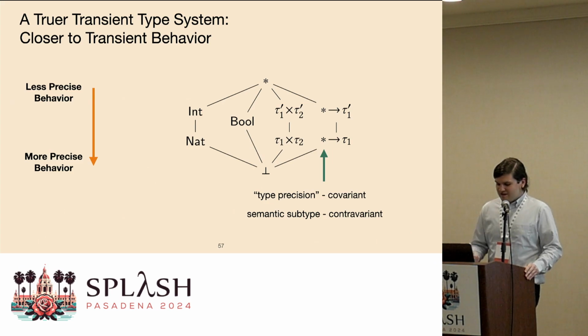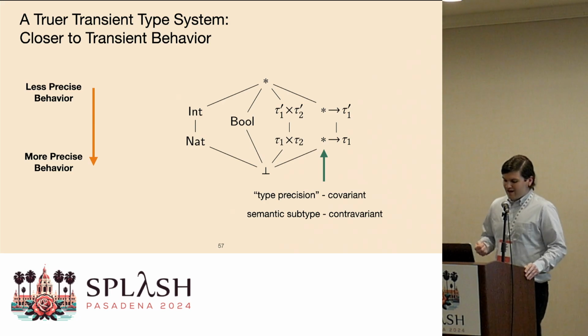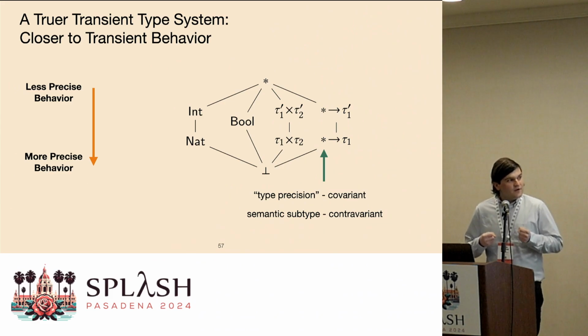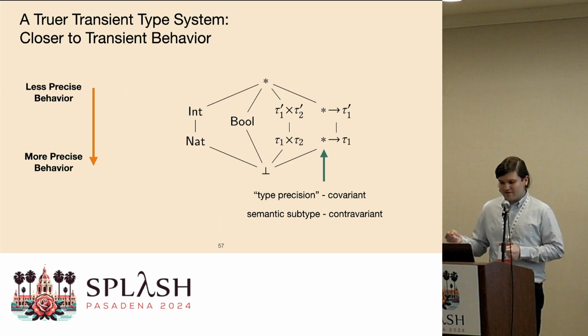And the key idea here is we're talking about transient behavior. And when you talk about semantics, semantic subtyping is a contravariant notion, not a covariant notion. And it's really intuitive in the sense that if you have a function that takes in nats and returns nats, then you just know it can take in nats. But if you have a function that can take in a star, you can always treat it like a nat arrow